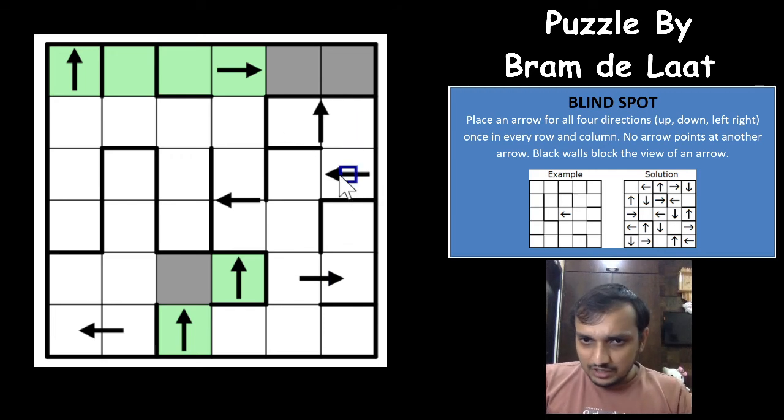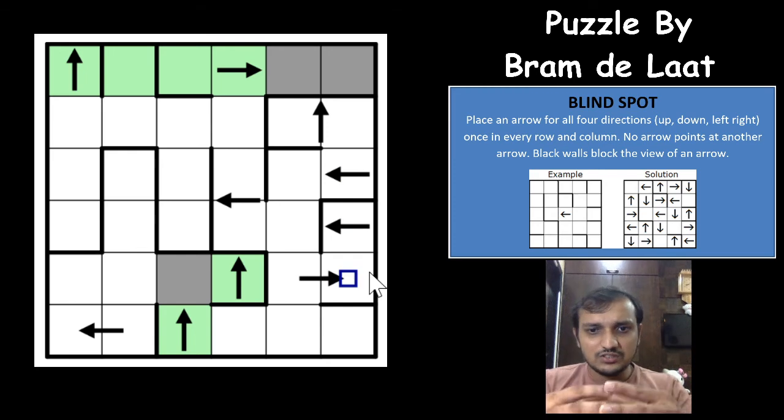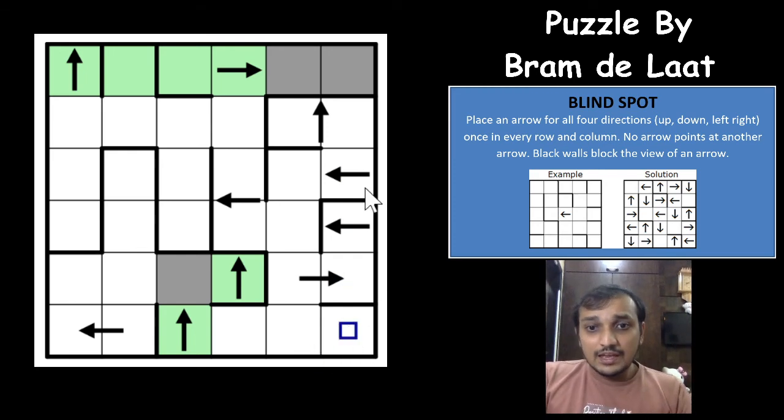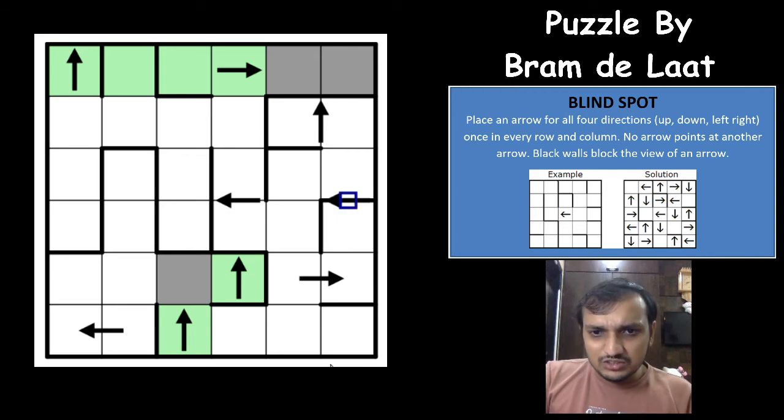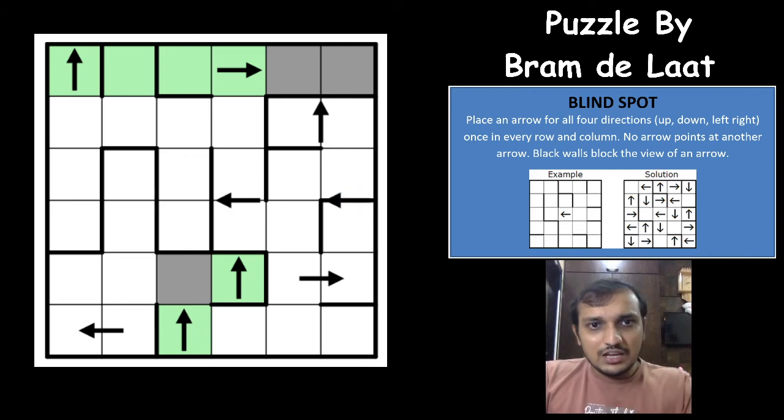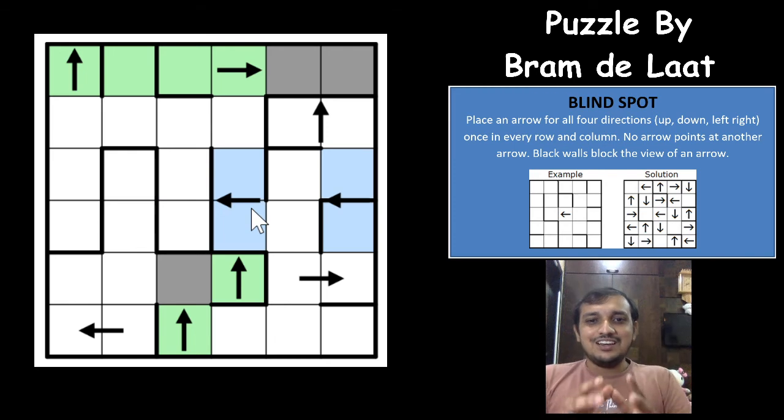You can have here, you can have here, you cannot have here, because that will again have an arrow, and both of these arrows will be pointing towards each other, and you cannot have here as well. And which means that, excellent piece of logic guys, left arrow in this column will have to be in these two cells, and that again gives you an x-wing of arrows. X-wing is not only possible in Sudokus, but it is also possible in puzzles, and that has been proved by Bramdale. What an excellent piece of logic here.